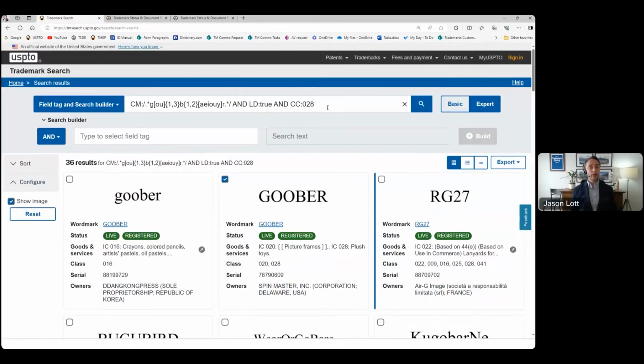class. Now, the great thing about Search Builder and things like that is you don't have to always use it. You can even edit in the line up here. So we know, hey, we don't want to look at all the coordinated class stuff. We just want to narrow down to class 8. Wanted to filter down this way. And I remember what you told us about 35 to the retail and what used to be the retail miscellaneous class. And so all you have to do is you can edit it right here in the bar itself,